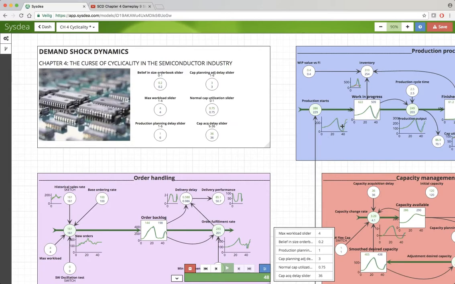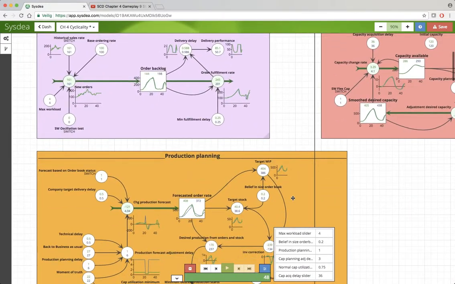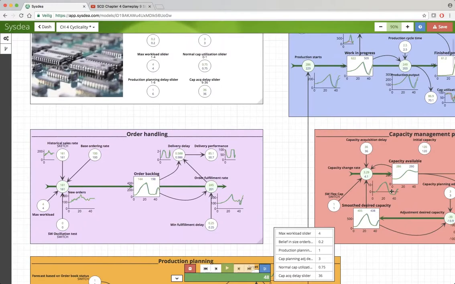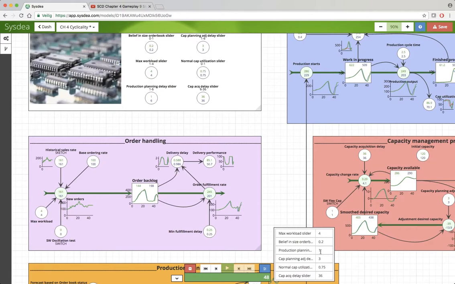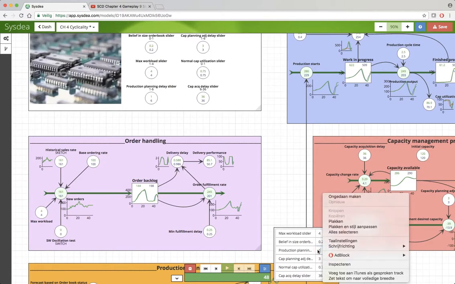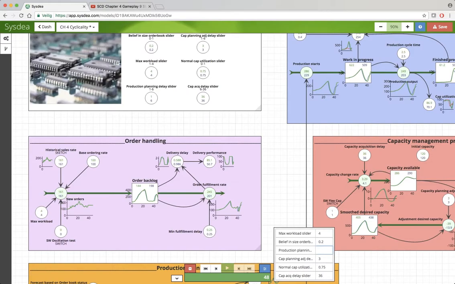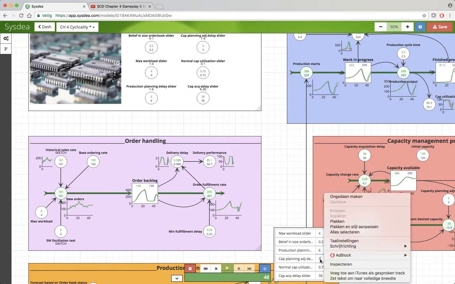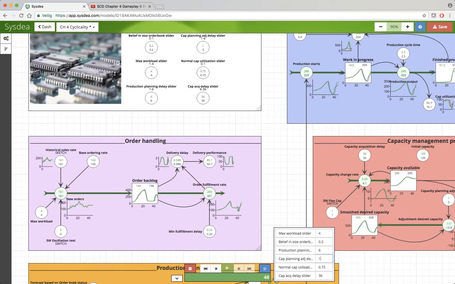And you see that the difference isn't so dramatic. There may be a difference in the planning system itself. You realize quicker that something has to happen and adjust downward quicker. But because of the inertia in the rest, the delays in the rest of the production system, the effects are not that spectacular. If we reset this one and then look at the capacity planning